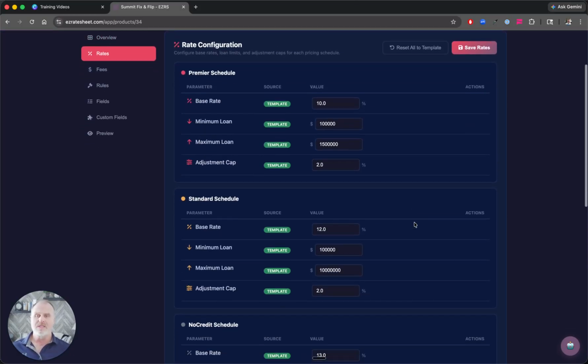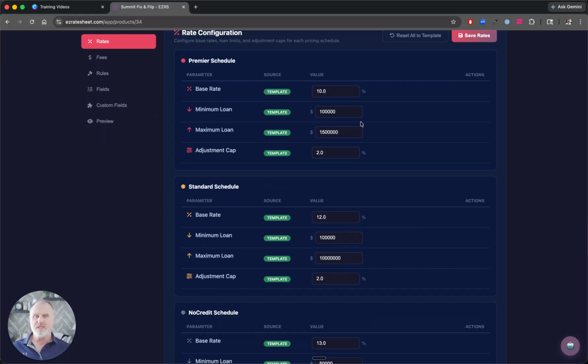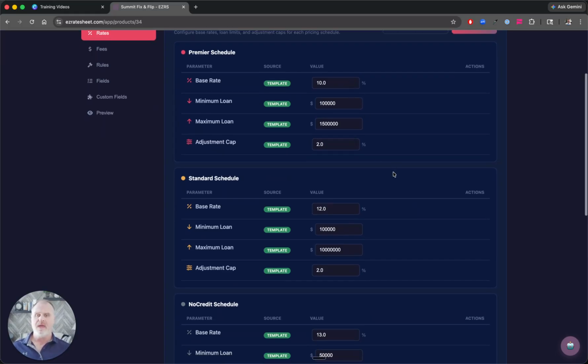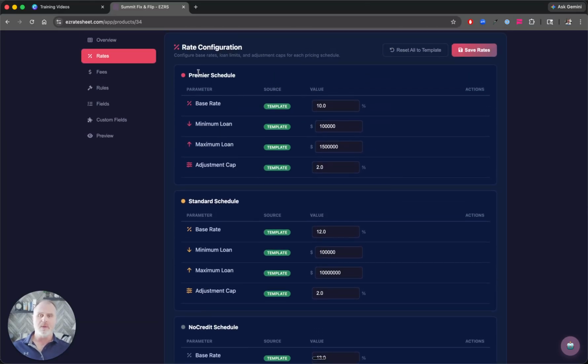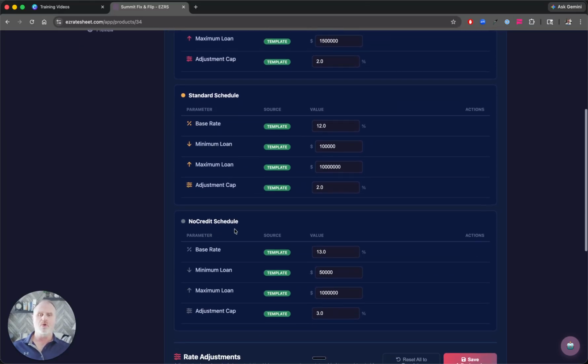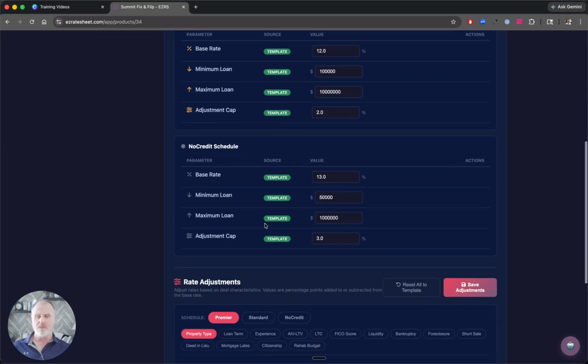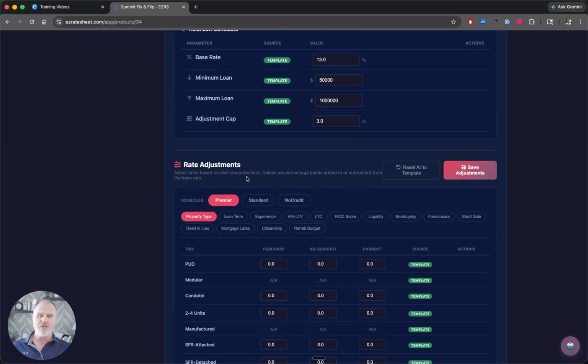edit your rates. So this is your base rate. And then if you scroll down to the bottom, and this is your base rate for the premier schedule, for the standard schedule, no credit schedule, if you're doing all 3 of those. And then if you scroll down to the rate adjustment section, you'll be